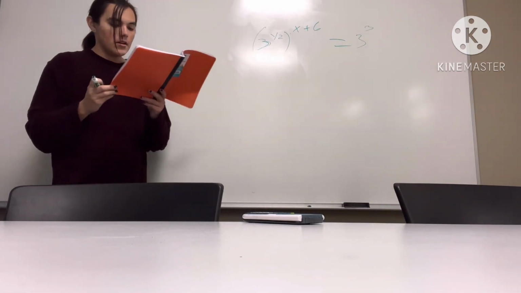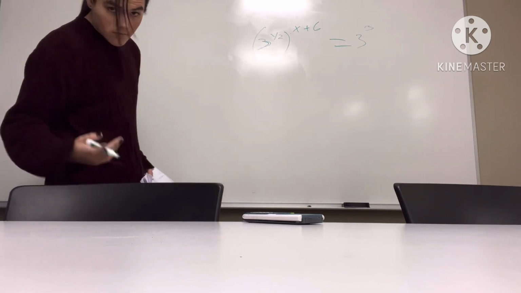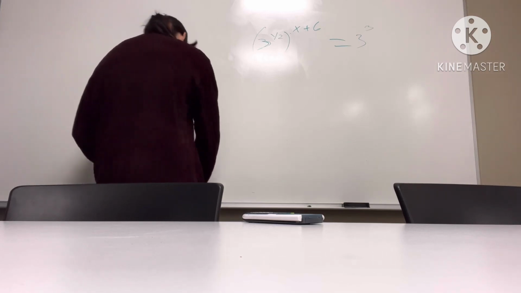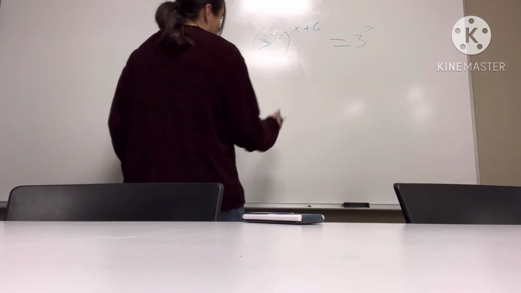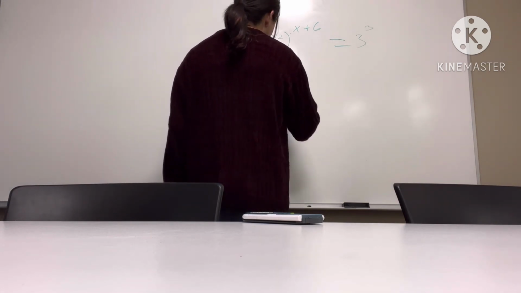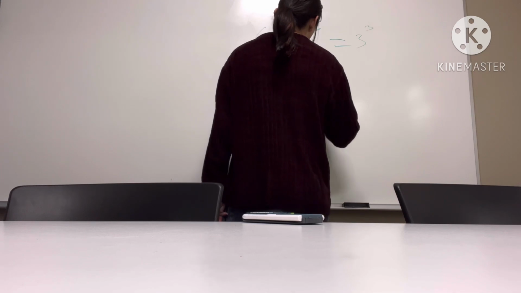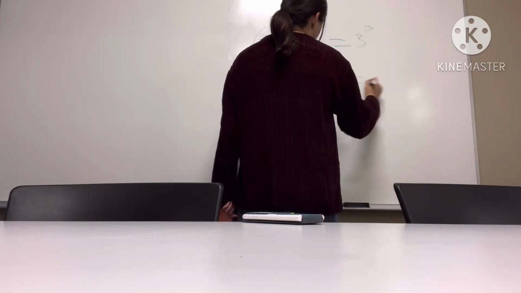So now that these two are the same, we can basically get rid of them. So what we're left with is 1/2, then parentheses, x plus 6, equals